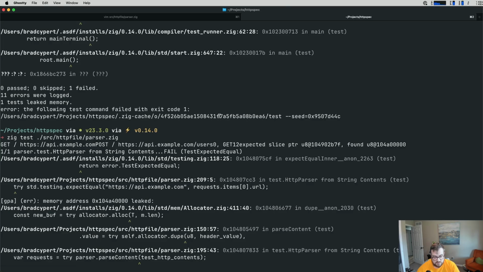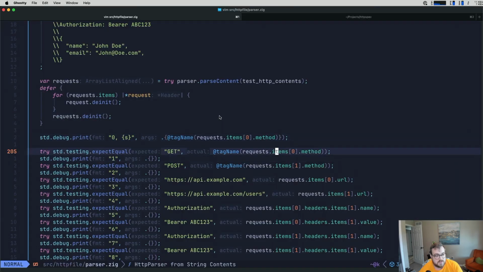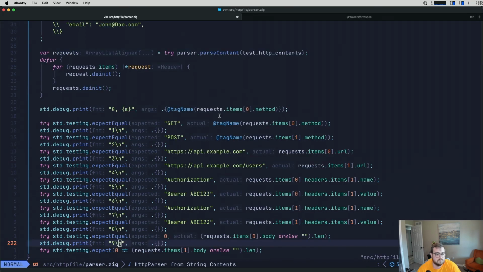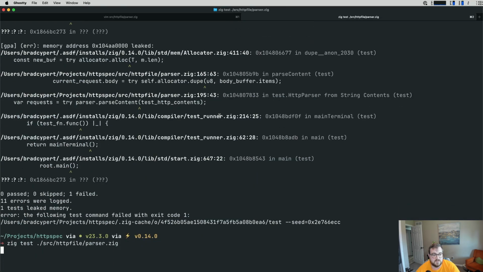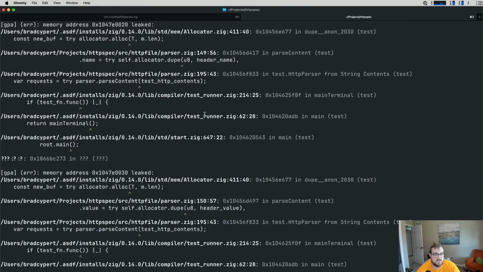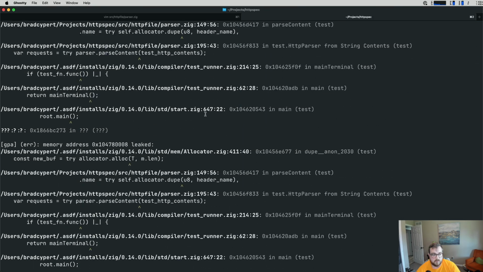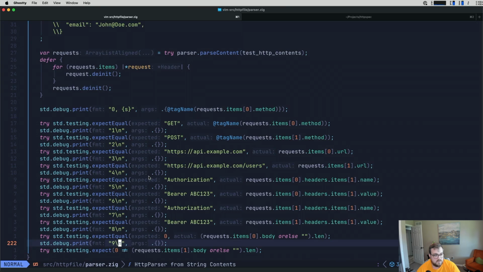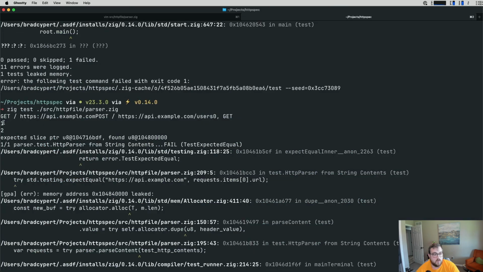I am just losing my mind because I did not add a single line break here. Okay, I've added some line breaks. Let's go take a look at those and see if that's any clearer. Did I not add as many as I thought? Oh yeah, I am missing a line break at the very beginning. Eesh. Okay, so we do see 1, 2, expected slice pointer